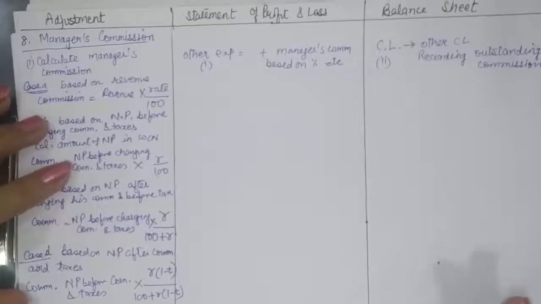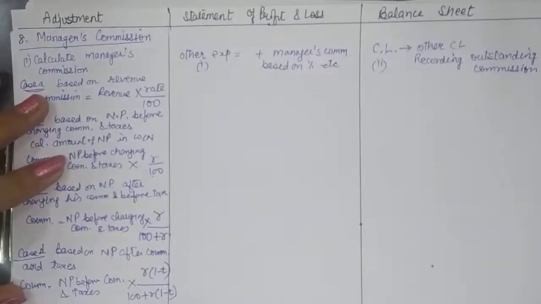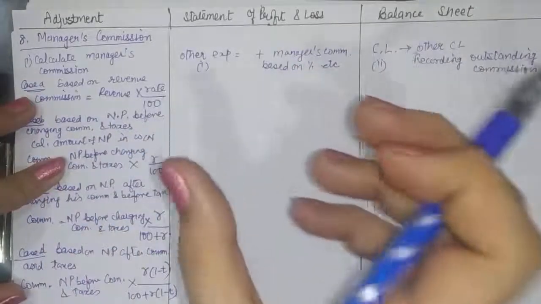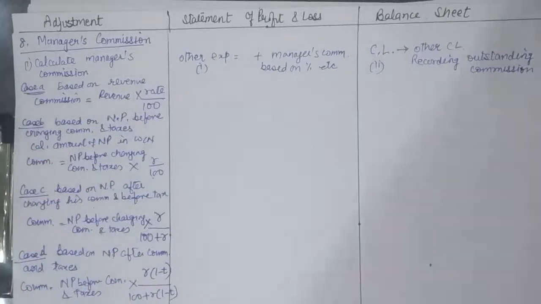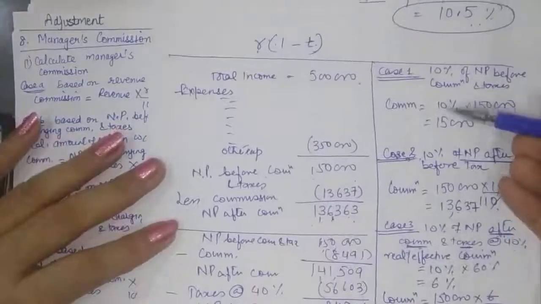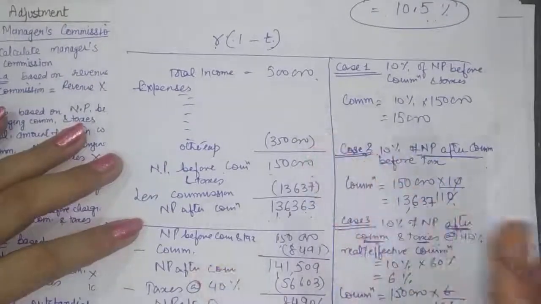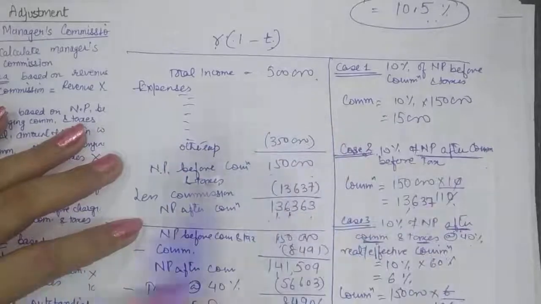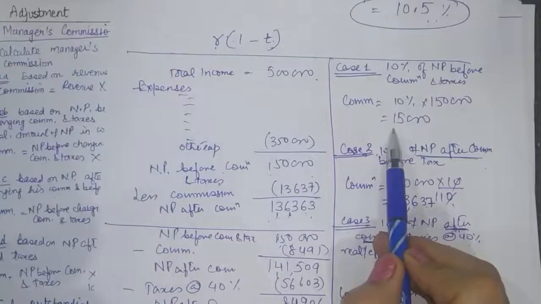If you happen to pay more, then it is advance commission paid. So then it will be a part of current assets. And the calculated amount will give you the amount for the current year, which will come under other expenses. Like here in the same example, taking each case. Now if you have a trial balance showing commission paid, say 10,000 rupees. Now in this case, we'll be having 5,000 outstanding commission.